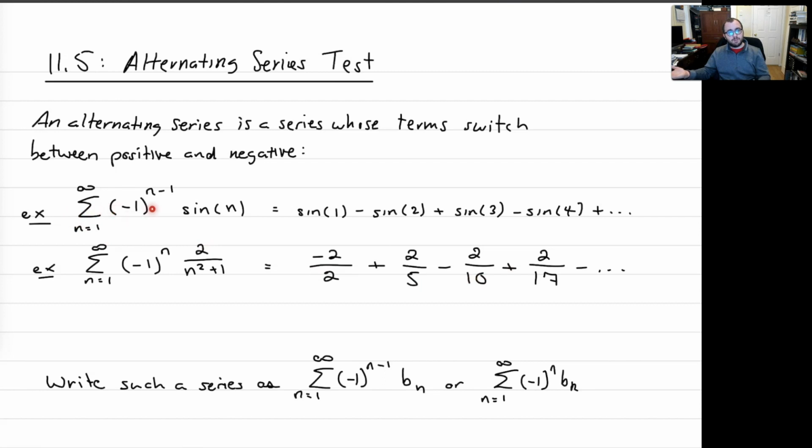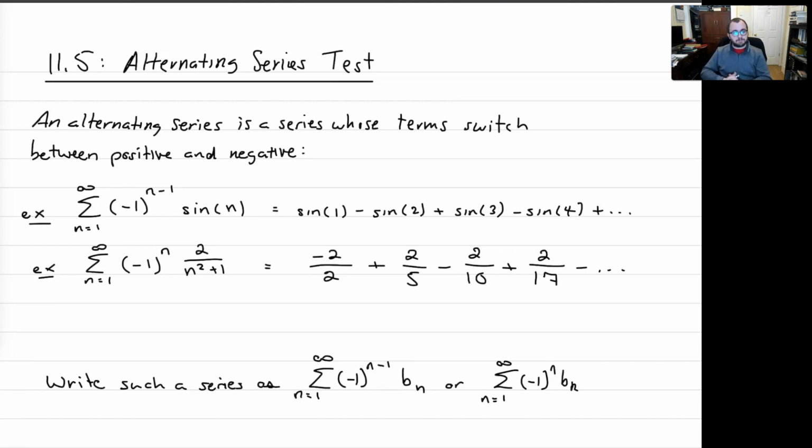That's because when the power of negative 1 is even, it's going to be squaring or taking the fourth power of a negative number. It's going to end up being a positive term. So if I put in n equals 1, I get 1 minus 1 is 0, negative 1 to the 0 is positive 1, and that's why the first term is positive. N equals 2, I get negative 1 to the 2 minus 1, which is 1, and negative 1 to the 1 is negative, and that's why the second term is negative. And of course, every second term will alternate between positive and negative, even and odd,